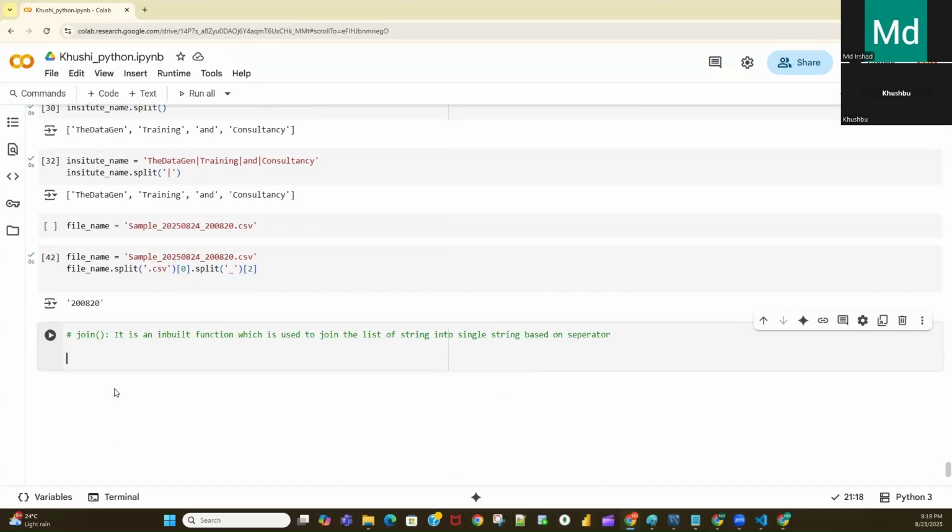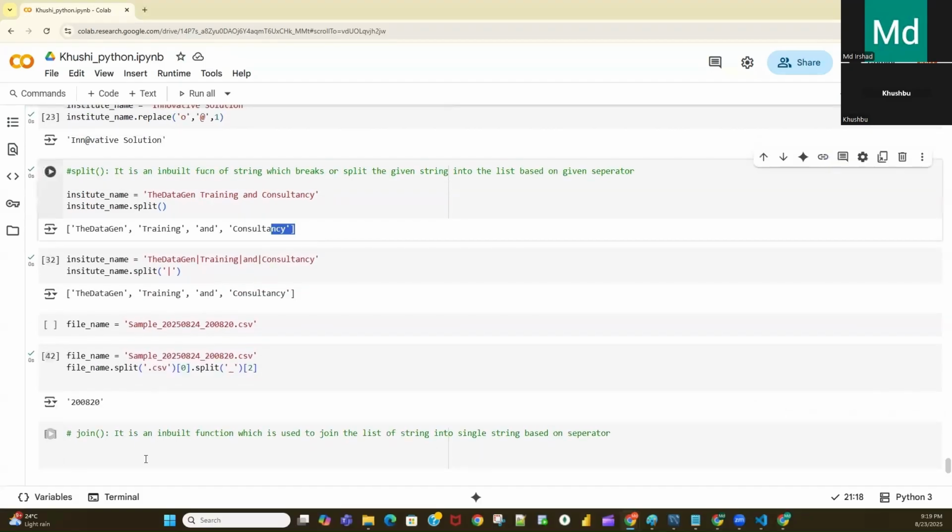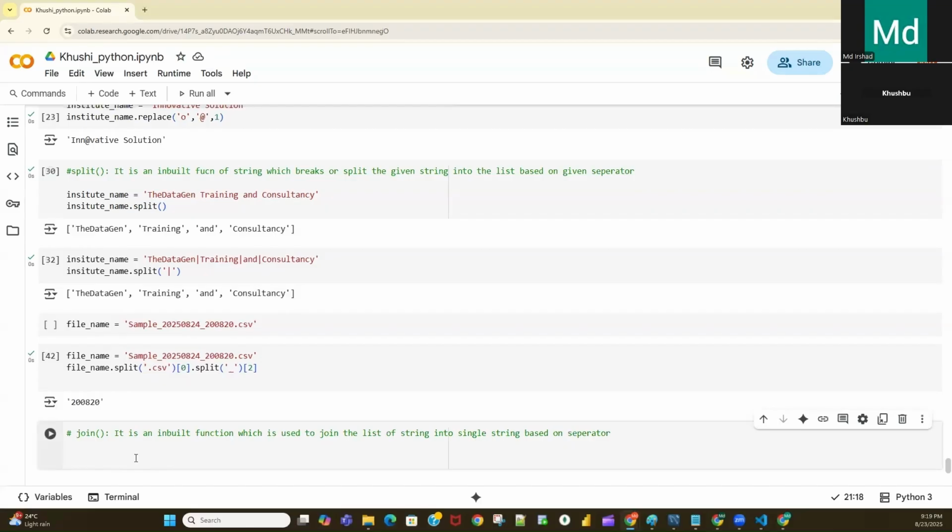Okay. Now let's say I have this data. For example, for performing the join, in the join function you need to pass the list of strings. You cannot pass like this. If I write join, and here let's say I pass C, A and T, it will throw me the error.